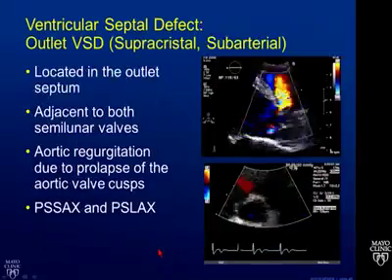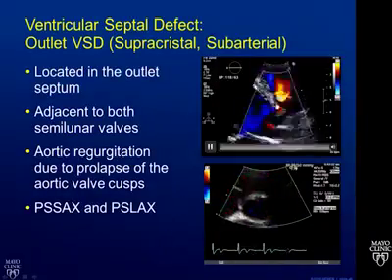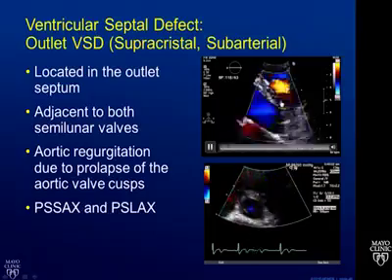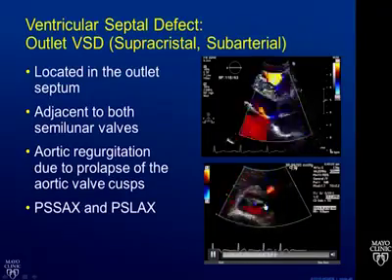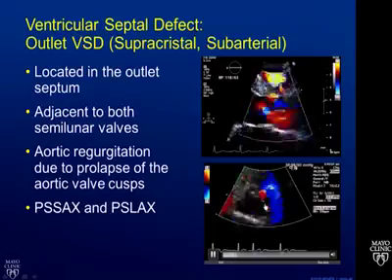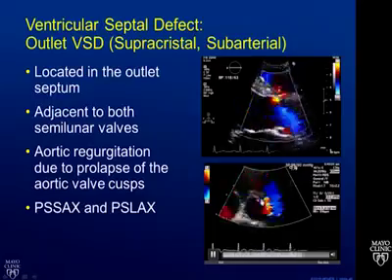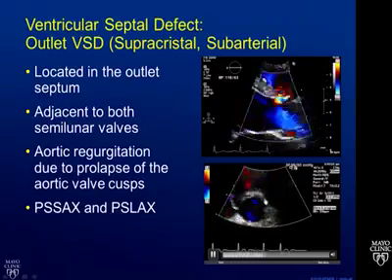The outlet VSDs, so we've already talked about where they're located, beneath the aortic valve and pulmonary valve. So this is the defect that most commonly is associated with aortic valve regurgitation. This aortic valve will prolapse to try to close that defect and